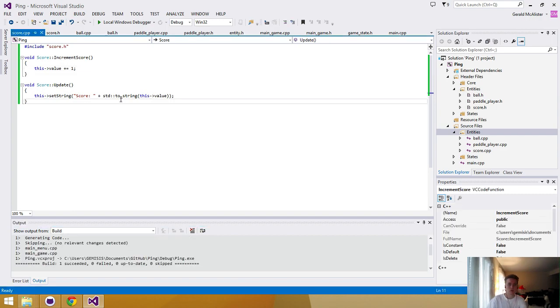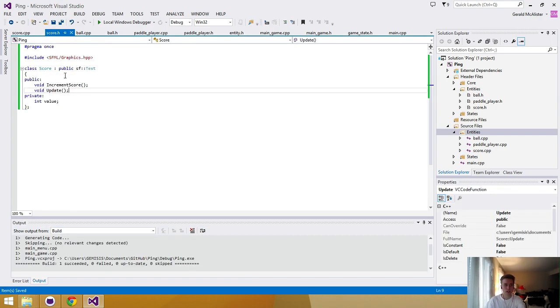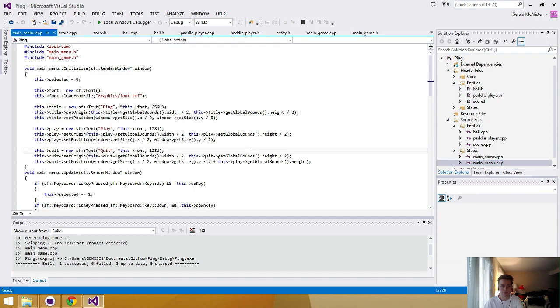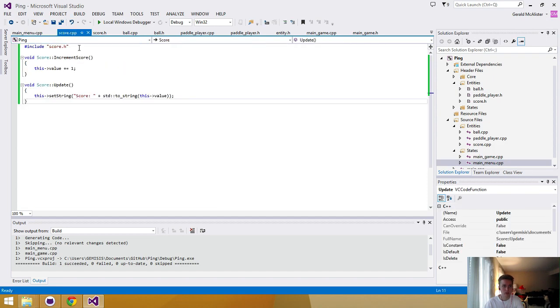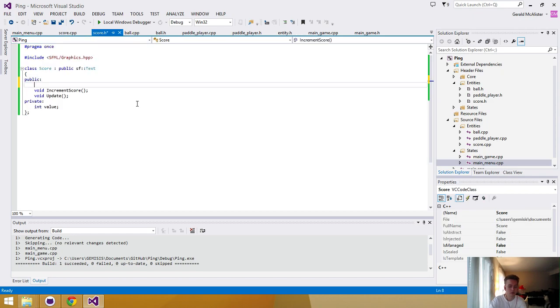Now we'll go through and update that with the score string. And finally, we will want, and so we have this new SF text stuff there. So we're going to want to do score